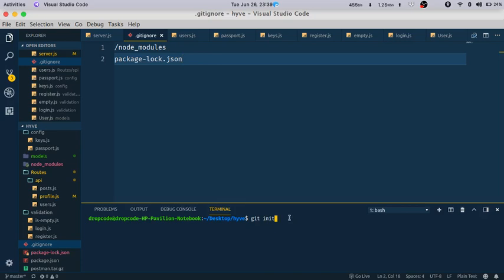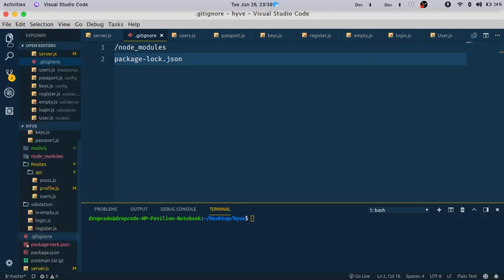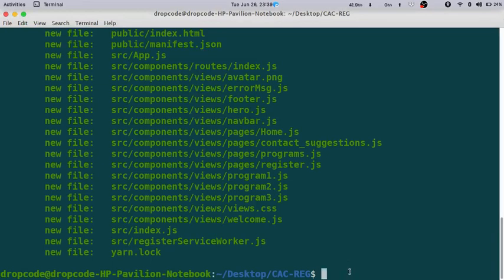Once you're done with that, the next thing you want to do, as you can see, Visual Studio Code also has Git installed. It works with Git also, so I can just commit my changes, type in a message and commit my changes like that. Then I'll just push it through my terminal, but we're not going to be doing that because I want you guys to really understand how the terminal way of doing things works. So back to my terminal, the next thing you want to do now is, let me just show you guys something